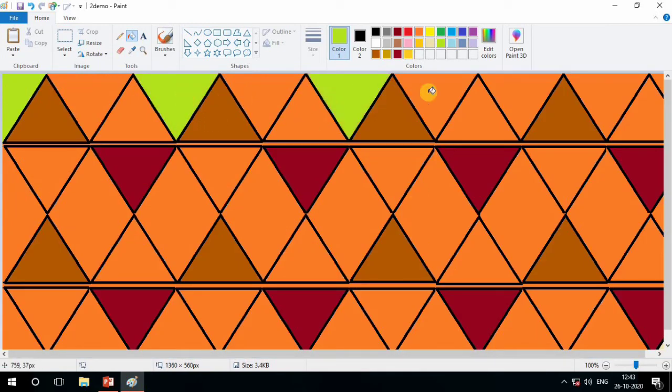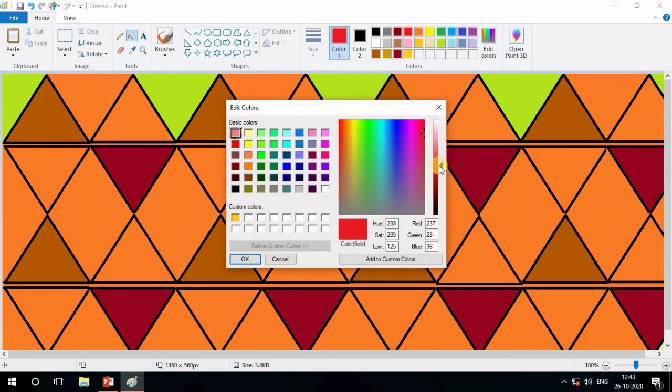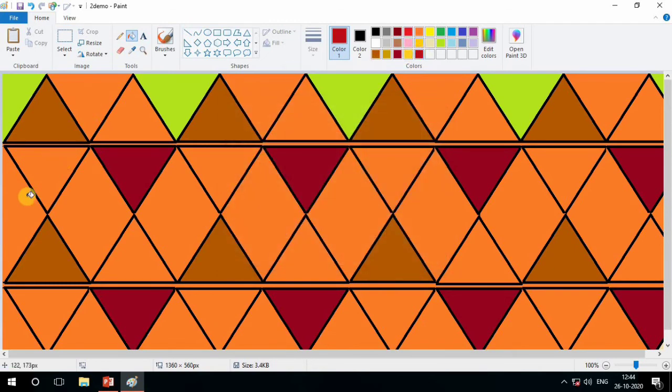Now see, one space and one fill. Now see another shade, add it and choose from the other shade. Add it. Okay. Now choose it and fill it here.